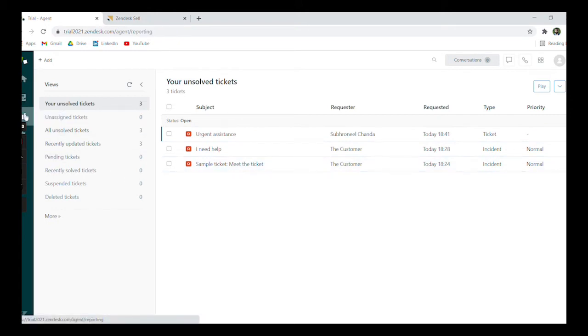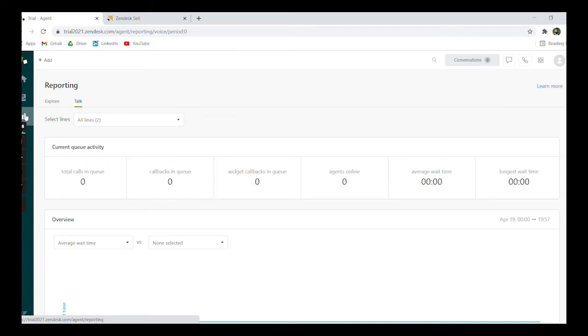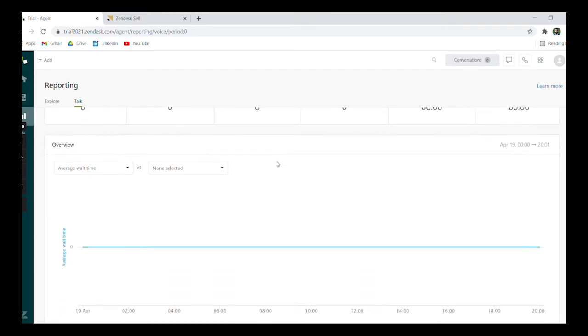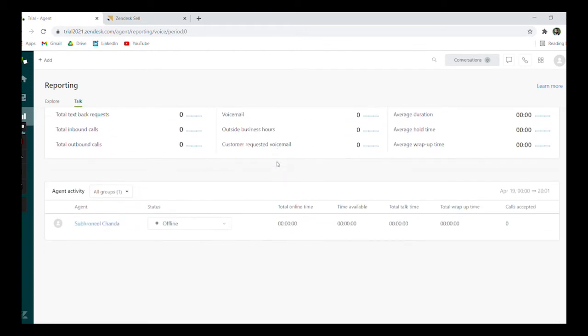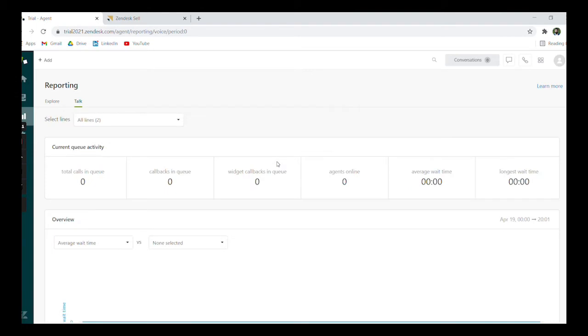The next page is the reporting page. This is an automatically generated dashboard view of the reports pertaining to a particular agent, which displays the overall time spoken with the customer, the average solving speed, along with other metrics important to the functions of a particular customer service agent. Now, the question arises as to how we respond to tickets.